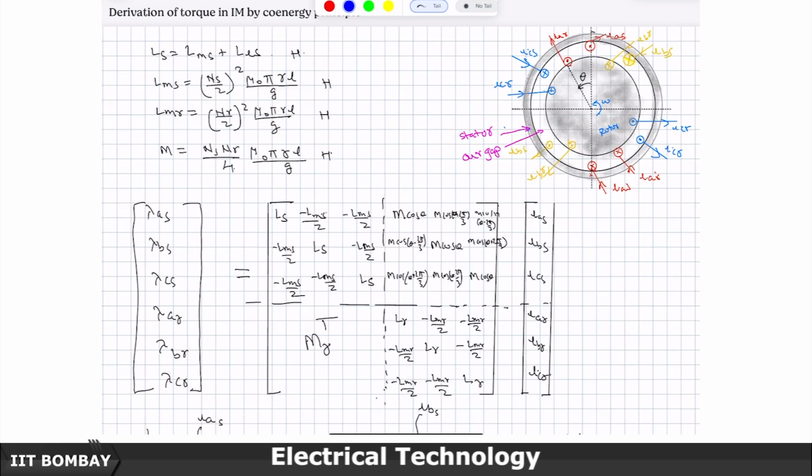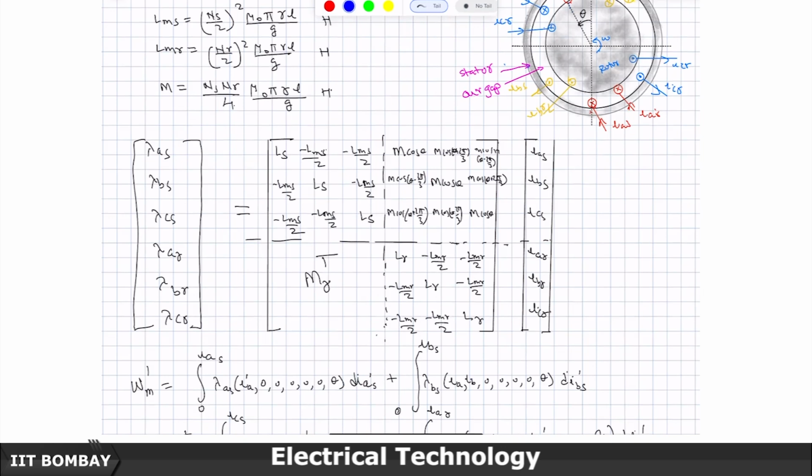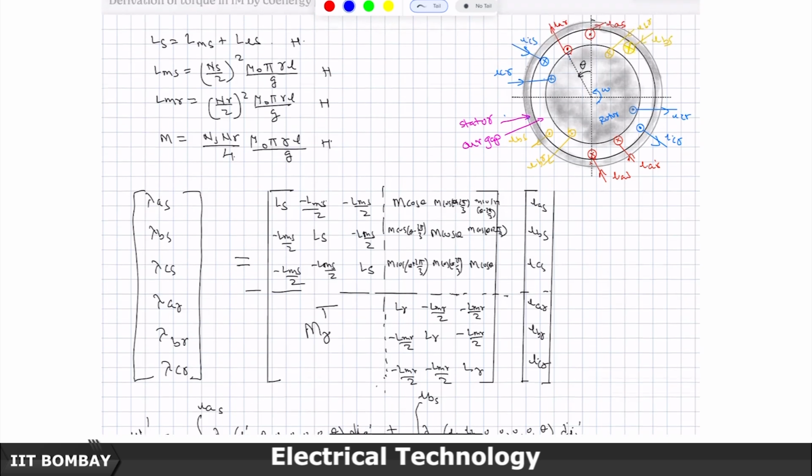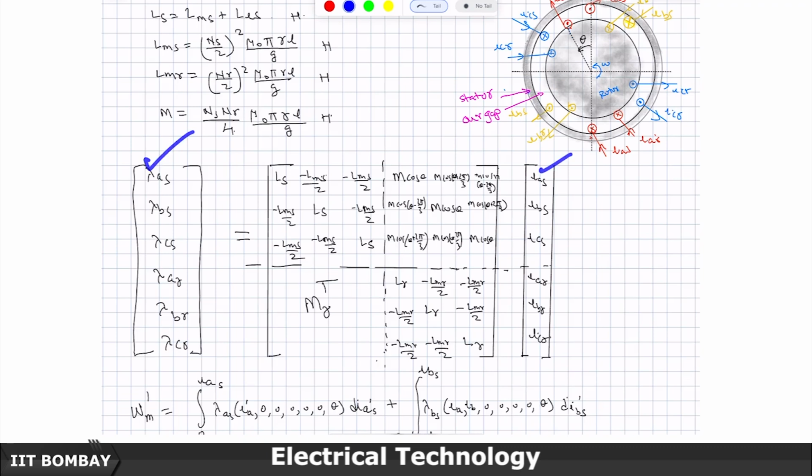Now, I have 6 flux linkages to worry about. A phase stator, flux linkage associated with the B phase winding of the stator, flux linkage associated with the C phase winding of the stator. A phase of the rotor, flux linkage with the B phase of the rotor, flux linkage with the C phase of the rotor. Now, this will be a function of the current in its own phase and the corresponding inductance term that will come corresponds to the self inductance, and in this case the stator inductance. So, Ls, then